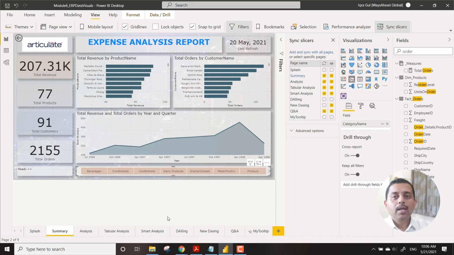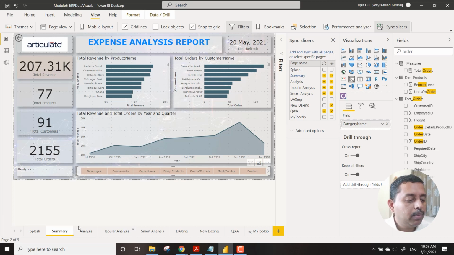So imagine you are creating a report, and this has a month-wise report, let's say. So there, when you select, let's say I want the report for the month of April. When you have already selected it in the first go for the month of April, you would expect that when you go to each and every page, April should already be selected. That's the work that is done by this visual.